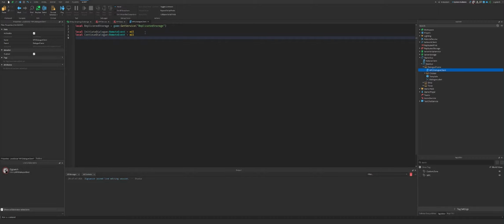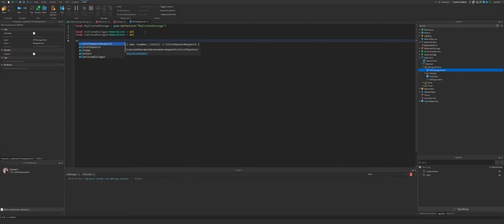And now to get the variable we'll just say replicated storage dot shared dot remotes dot child added colon connect function, and then the child will check if child colon is a remote event, then if child dot name is equal to initiate dialog, or child.name is equal to continue